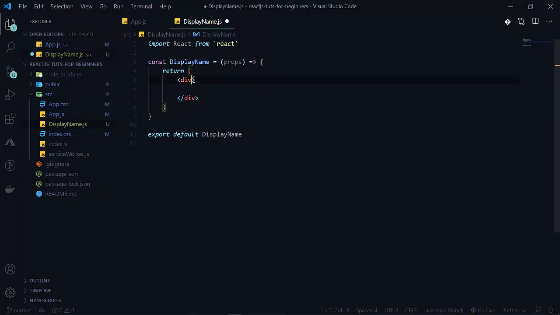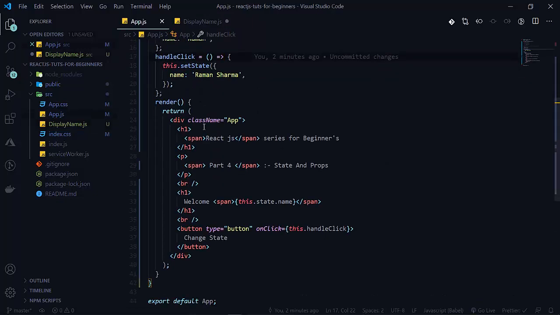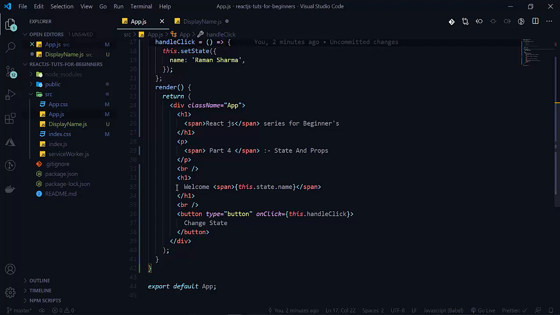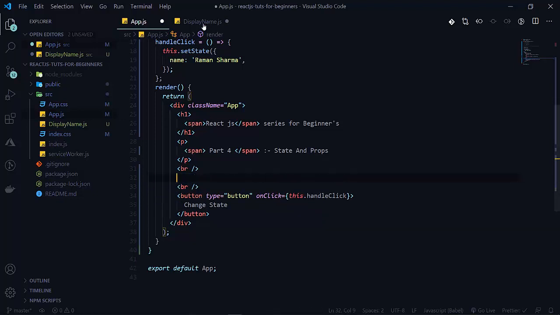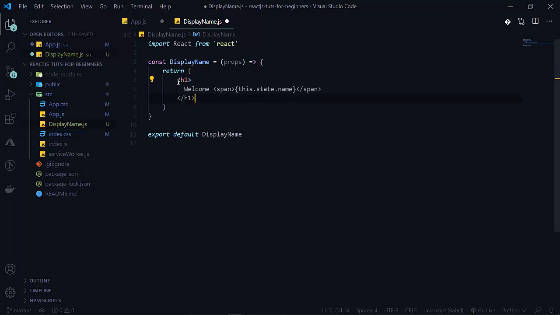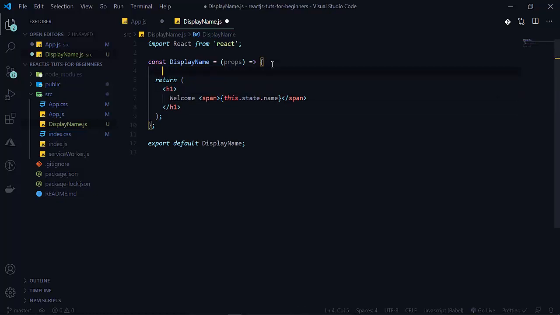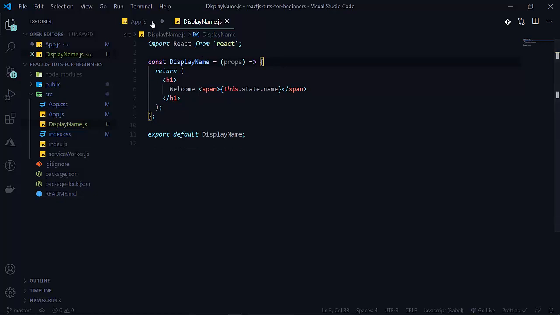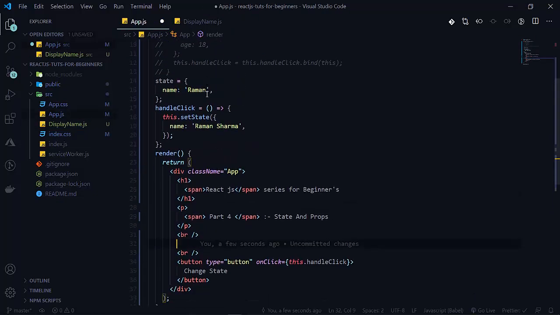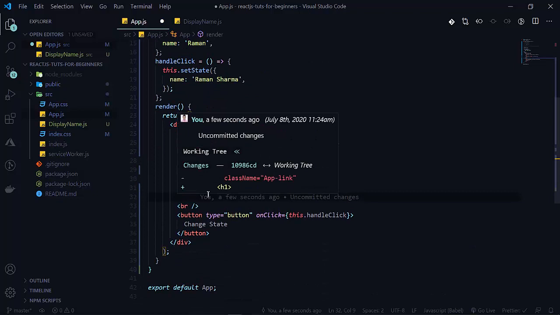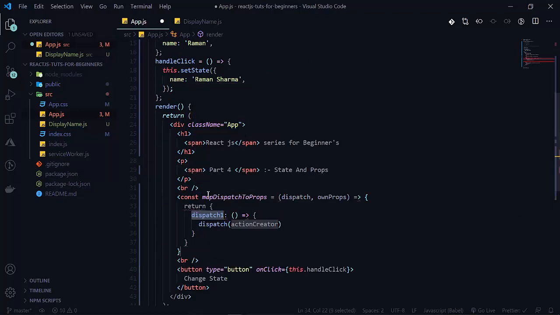Now here will be one division, with no class name. I am cutting this and pasting the h1 here. There will be no this.state name here. So let me write here. First of all, now let's add the component here, DisplayName.